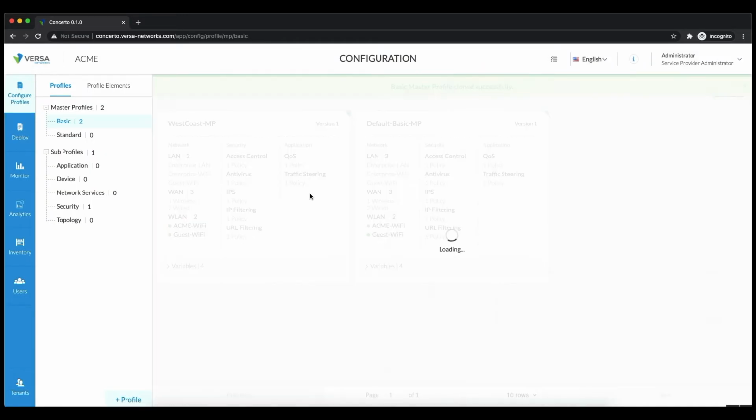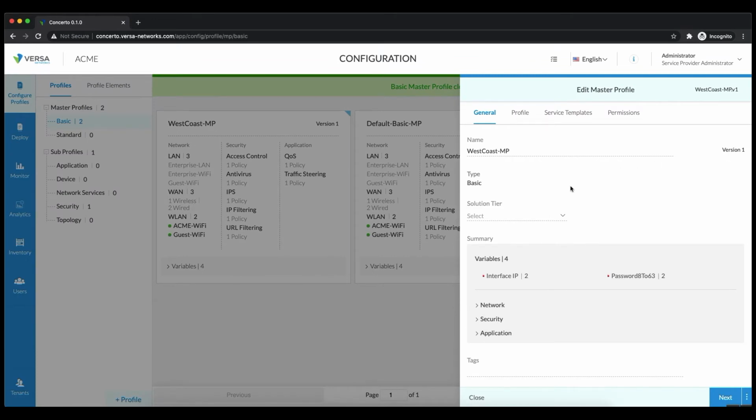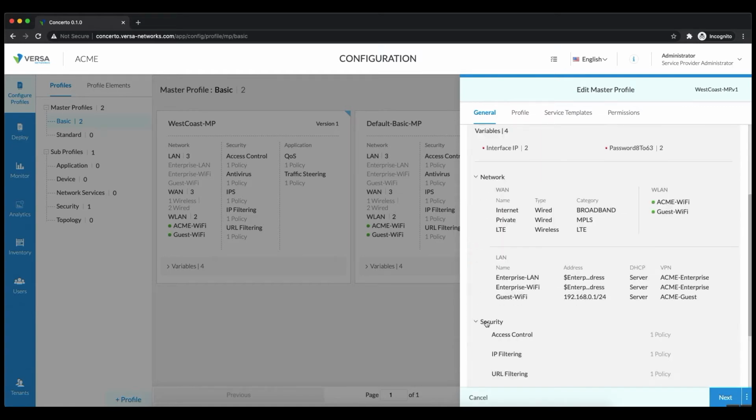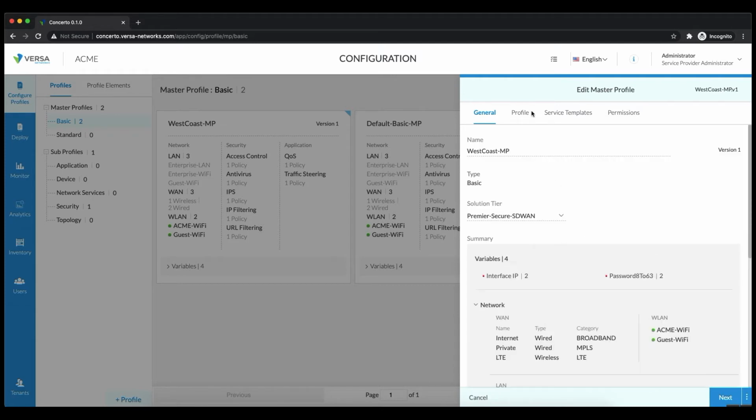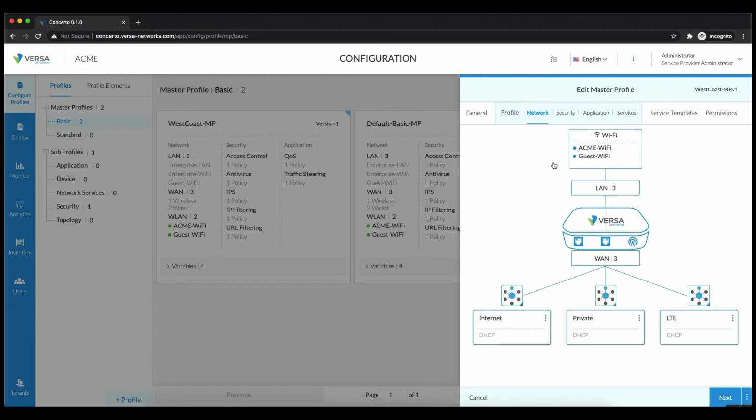and over here you open it, and this is a summary page where there is a name, and then you need to attach this to the solution tier that you're going to provision on the Director and the appliance. And you can see what are all the interfaces that are provisioned by default. Now you go here to the profile and then select network. So this is the default network